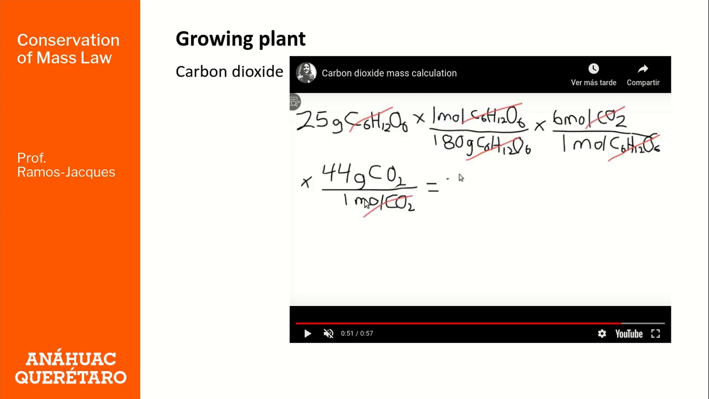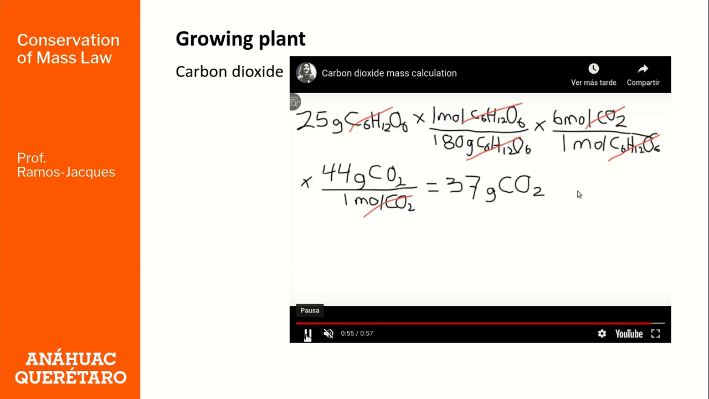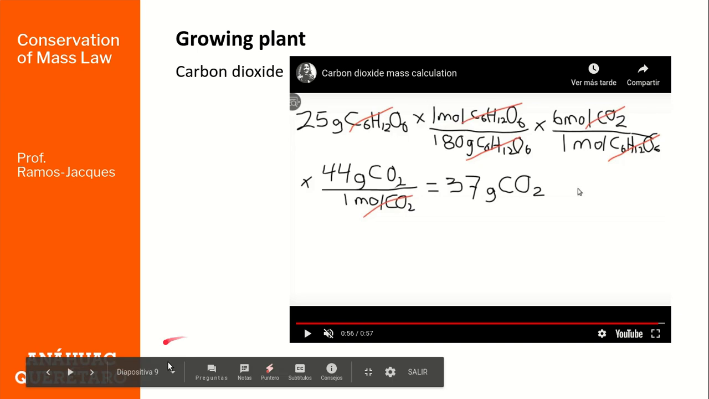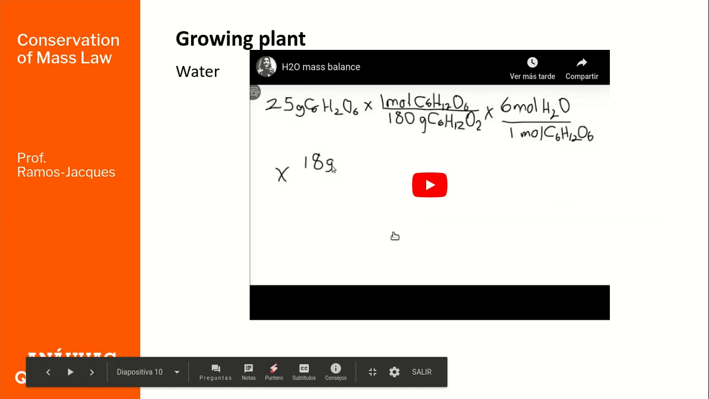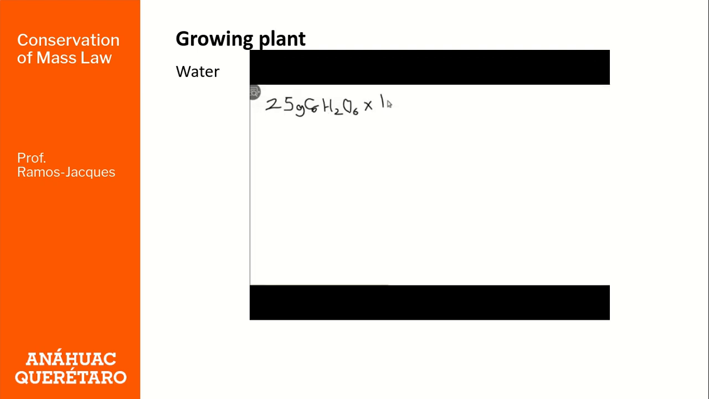For this case, 25 grams of accumulation in glucose, we need 37 grams of carbon dioxide. So for the other components, we also can use stoichiometry to calculate all the mass balance. Also, with the initial 25 grams of glucose,